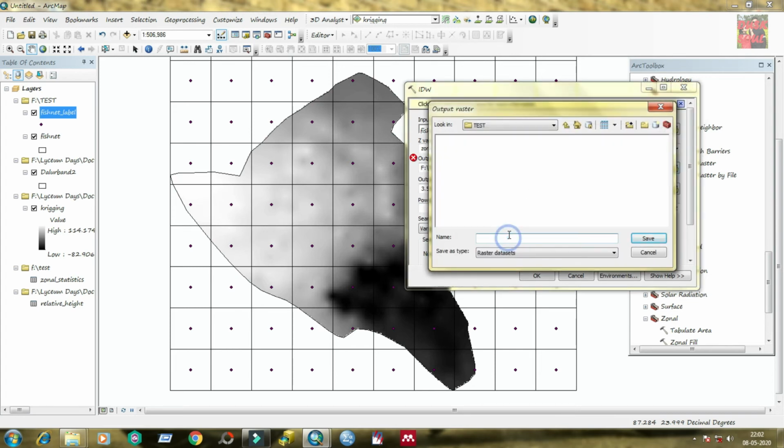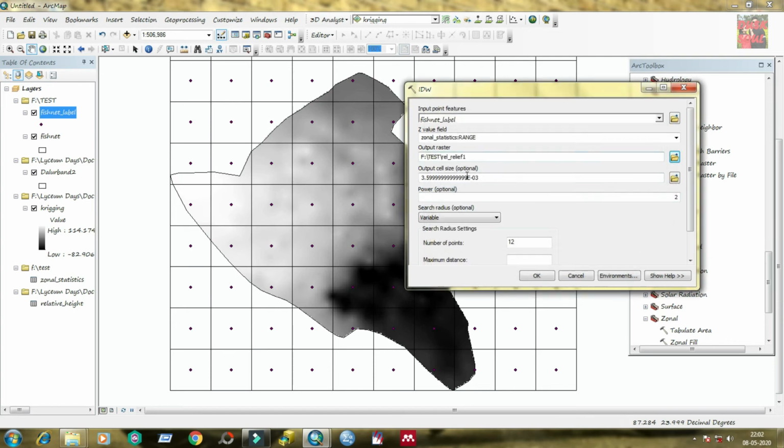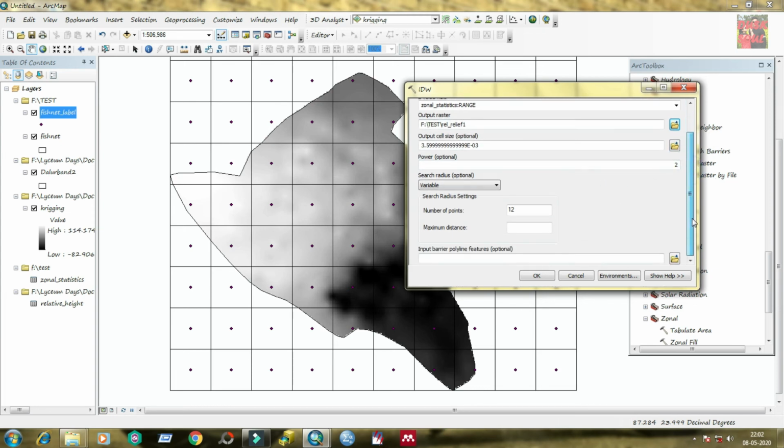I am giving relative relief in prefix form, then save, and after that drop down the cursor and click on environments.